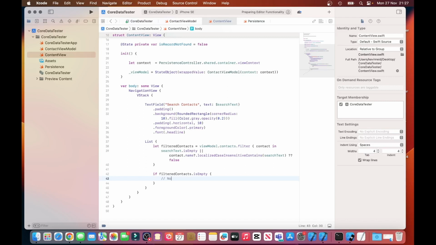And then what we need to do is, if the contact that you're searching for is found within the list, it will execute this line for each filtered contact's ID cell, contacts in